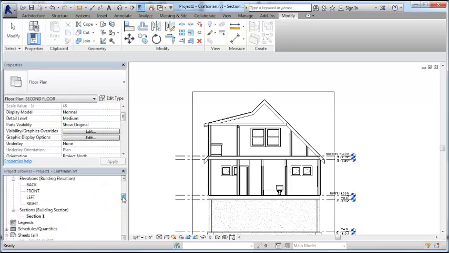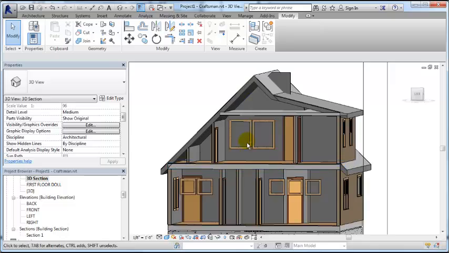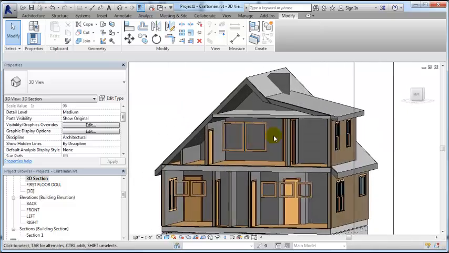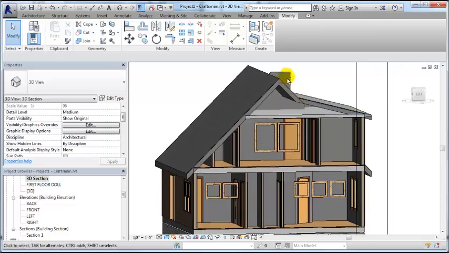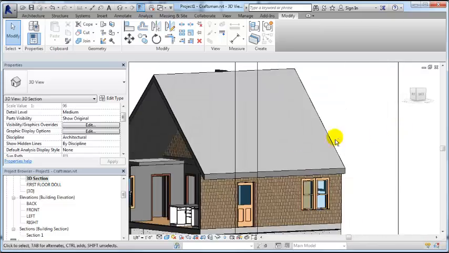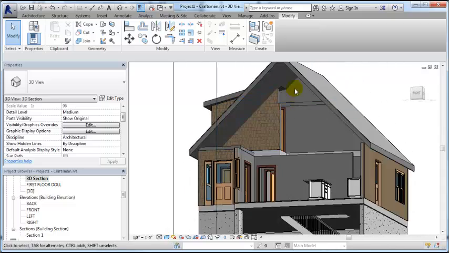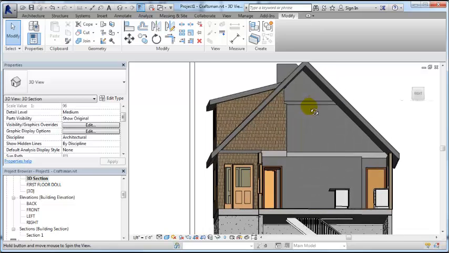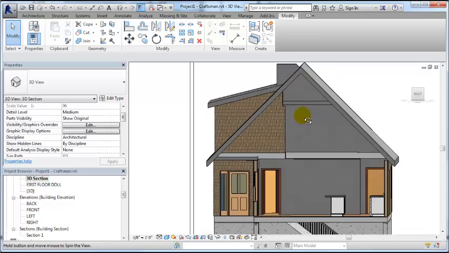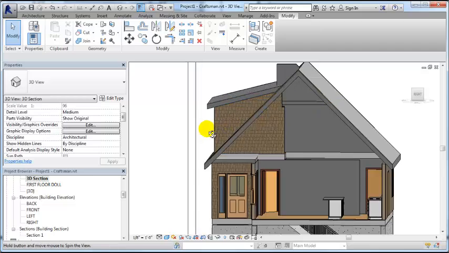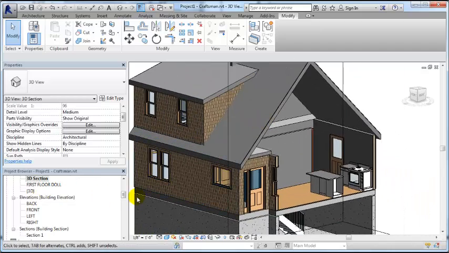So let's take a look at the model and see if things are going the way that we'd like, and they are. Now this does need to fill into that space, because if we look at this from the other side, I need that section of ceiling to be there, unless I decide to have this ceiling go all the way across at that collar tie height. And in which case, what I would do then is go back to that second floor